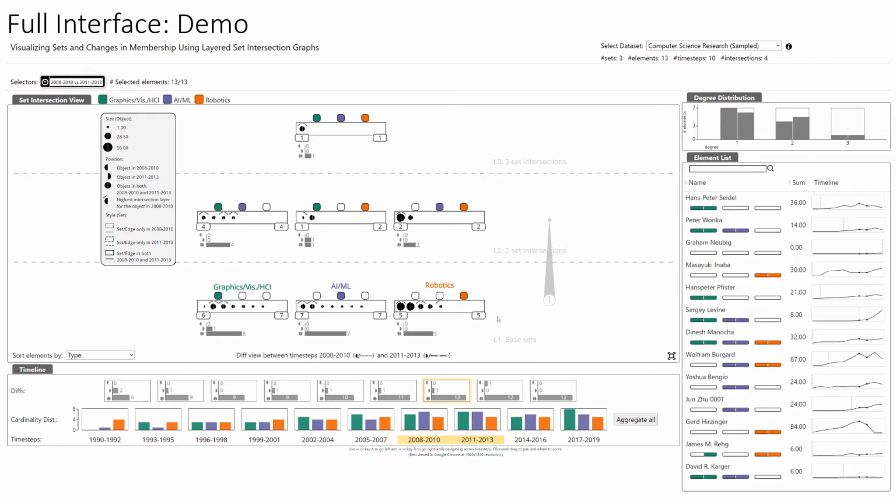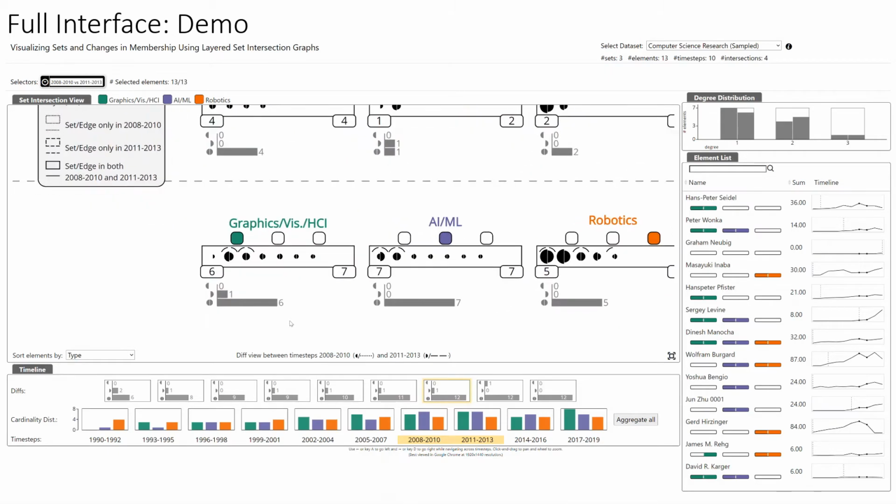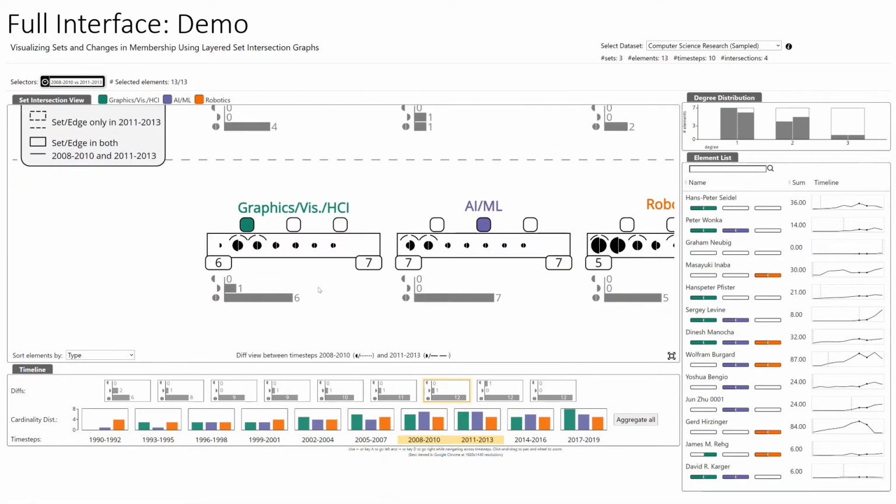Hence, in the timeline, the time step label of T1 is located at the left with respect to that of T2. To represent the data from two selected time steps, we vertically divide the encodings into two halves, left and right. For example, the left semicircle shows the membership of an element in T1, while the right semicircle shows the membership of an element in T2.